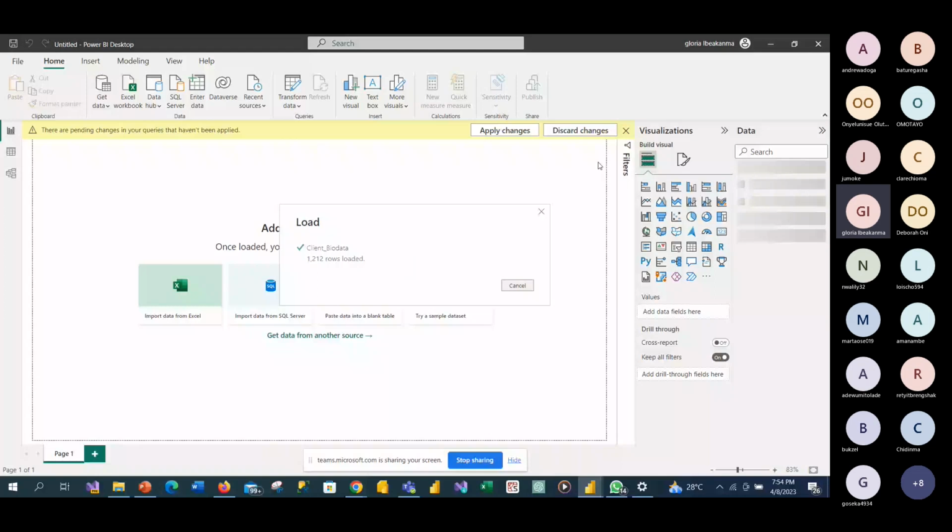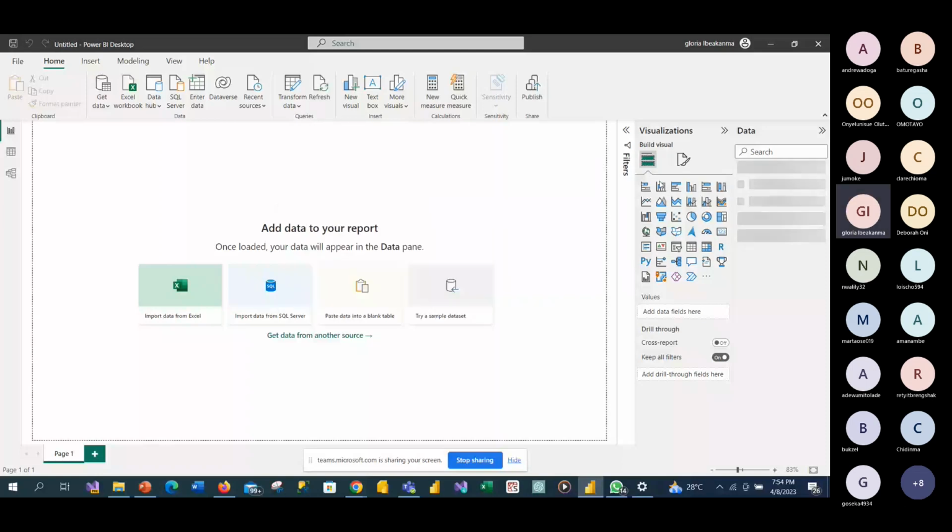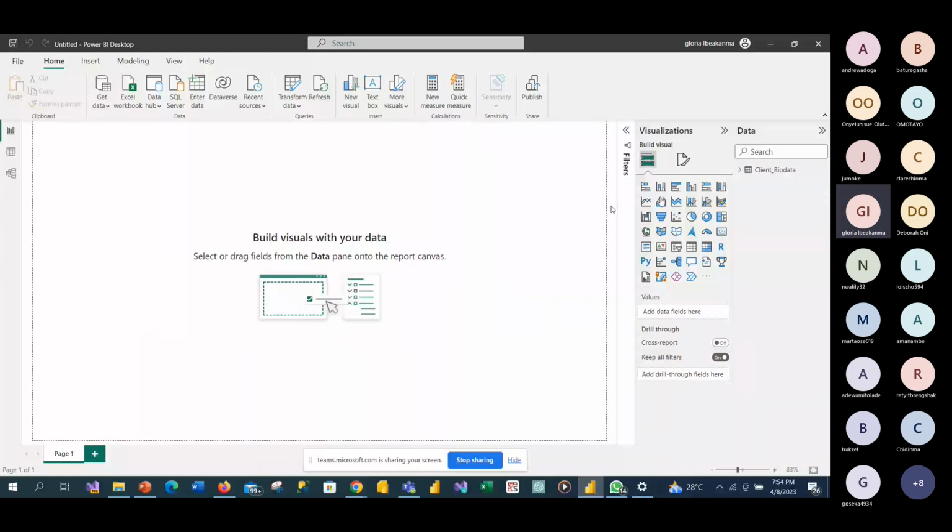Okay, so our data set is in. You can see what we have is our client's data, and that's what came in. So we have all of that, and then you can try to save your